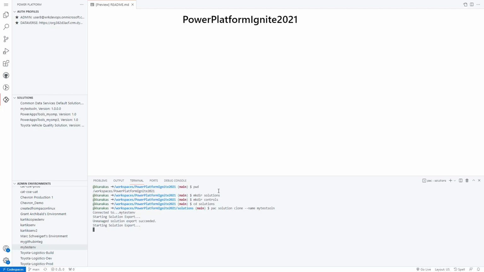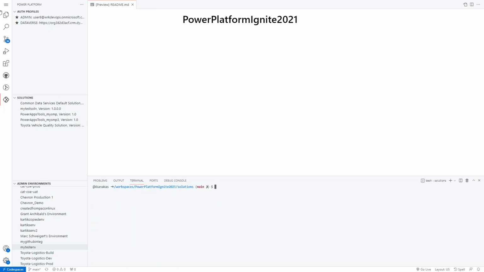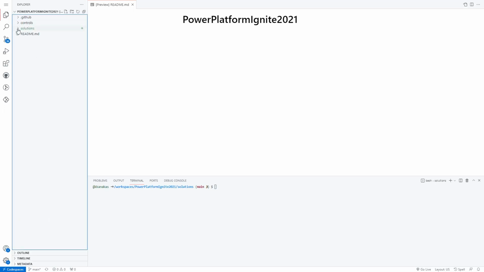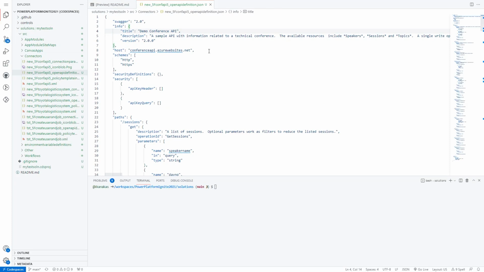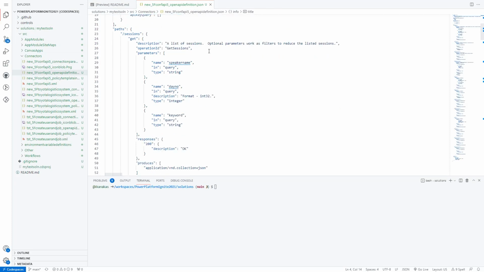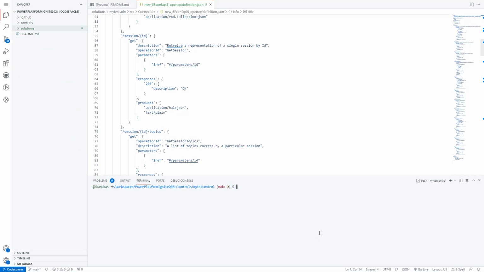All right. So again, it starts off the export process. It says export succeeded, and it generates a whole bunch of files. And guys, if you look on the corner at the top there with 36, it's actually all the files that I had in my solution are now available in my Git repo. Okay. So now again, I've gone ahead and I can see the fact that I've got files that are there. So in this case, here's a JSON file that shows some of the connectors that I've got.